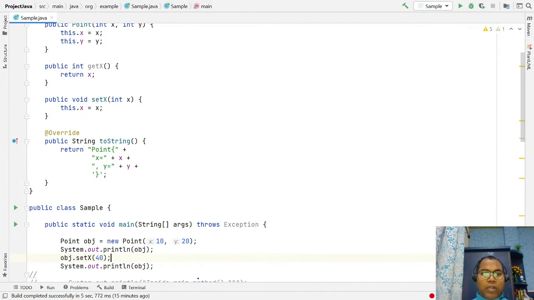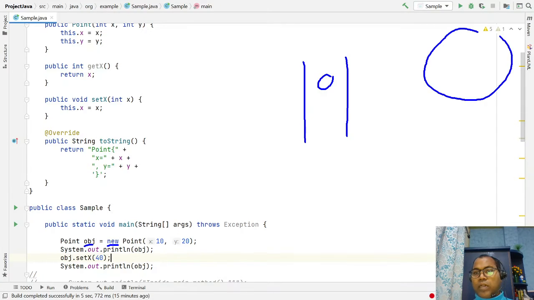Here you are creating the object obj, and the obj reference is created inside your stack frame, and when we create a new object, it is created inside heap memory. Of what type? Point type, which has two variables, x and y.